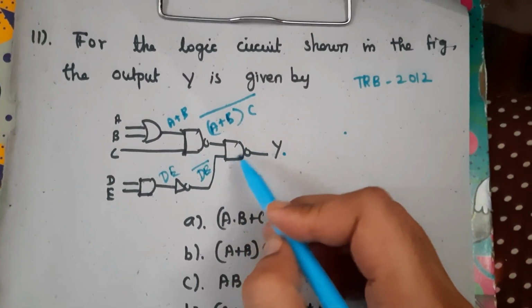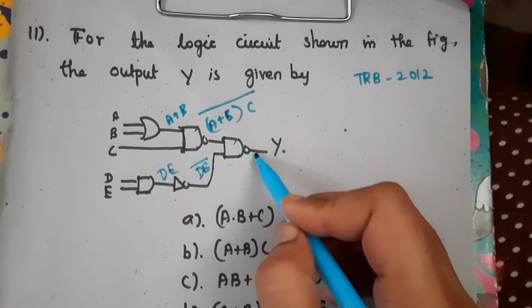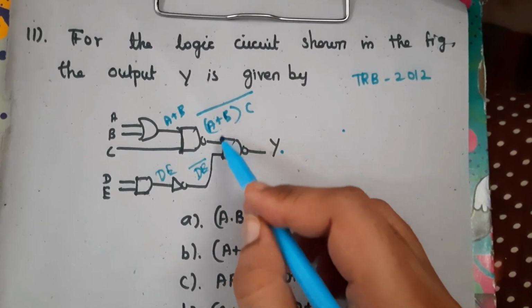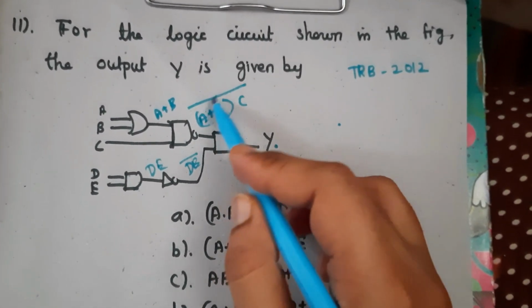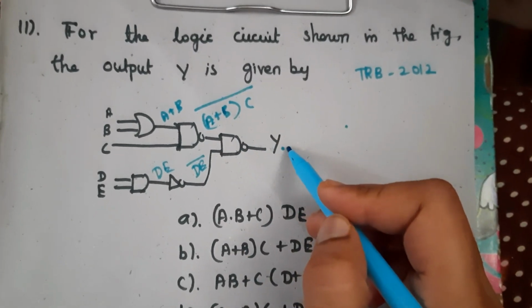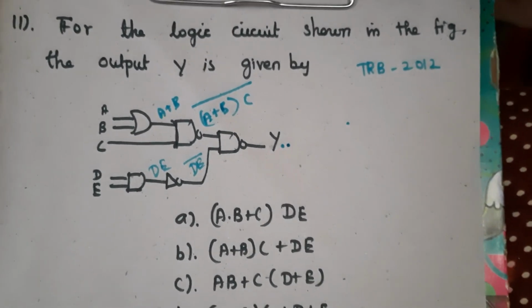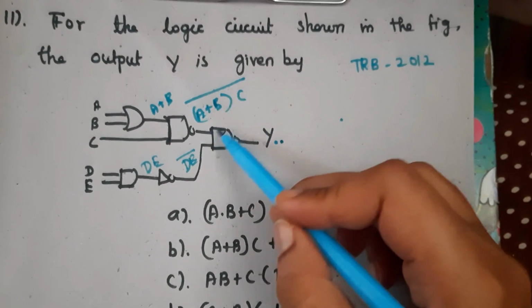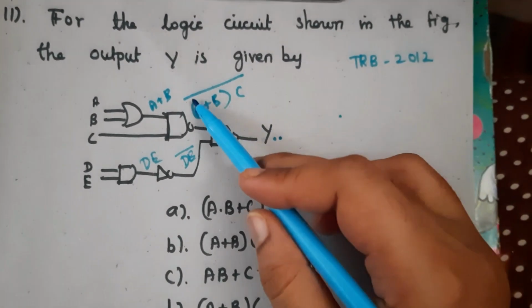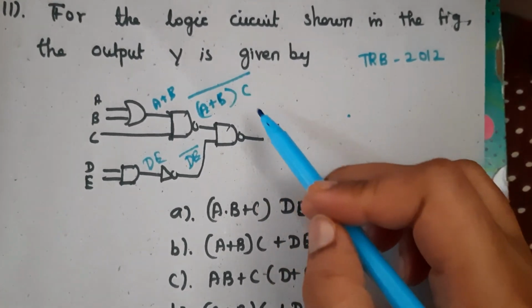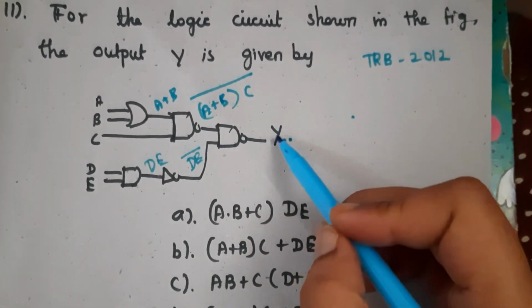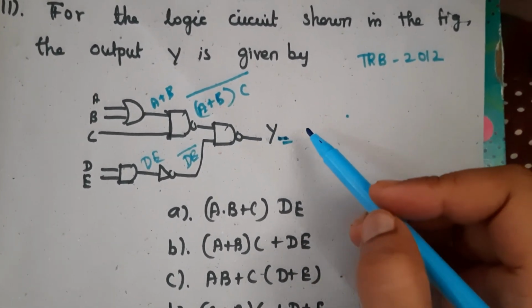So if we give the inputs through inversion, we will get the exact term of this. Without this inversion, we will get an output here. So if we give the inverted input to this NAND gate, we will get the output equivalent to the without inversion expression. So now this Y is equal to